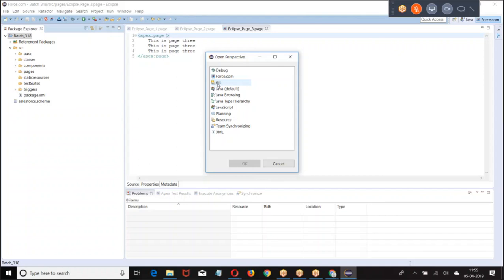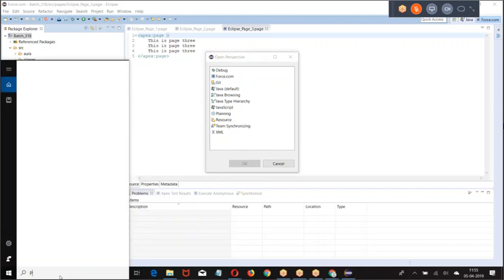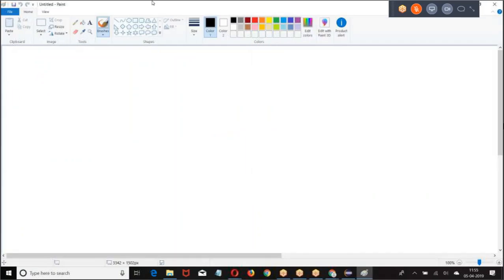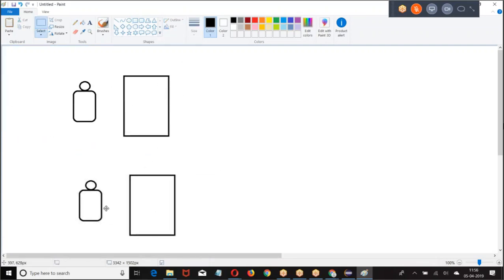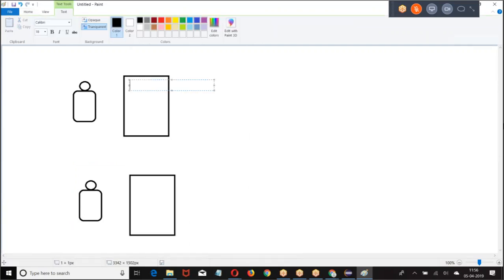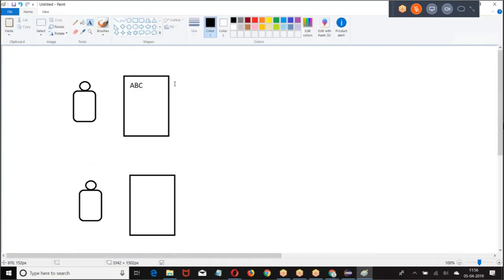Git is a distributed version controlling system. Previously, we had a centralized version controlling system, but now we have a distributed version controlling system. What do you mean by this distributed version controlling system? Now let us say this is a developer. This is the environment he is using. Now he wrote a program, then he saved it.